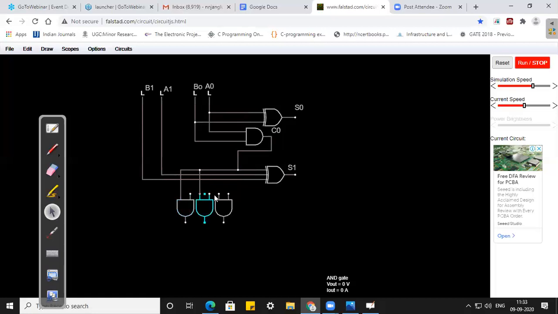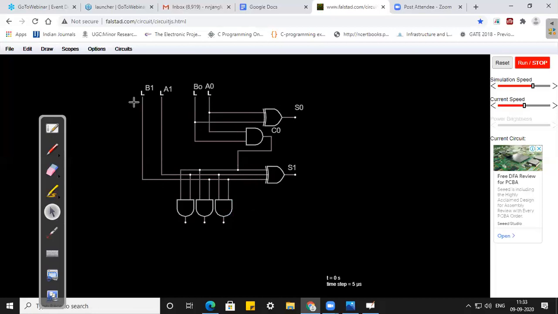So in this full adder circuit, you have to connect the wires continuously. Here I will take wire A1 and connect it here, and this A1 I will give again to this AND gate and to the next circuit. Similarly, B1 I will connect to this second AND gate, and B1 I will connect here to the third gate.